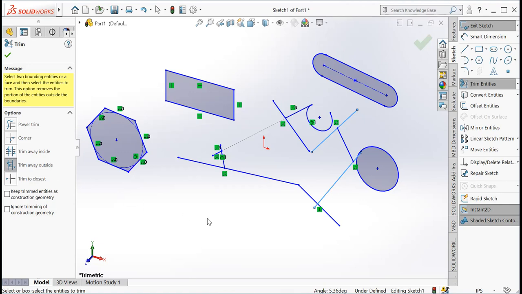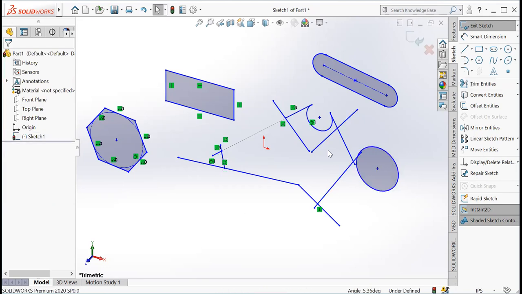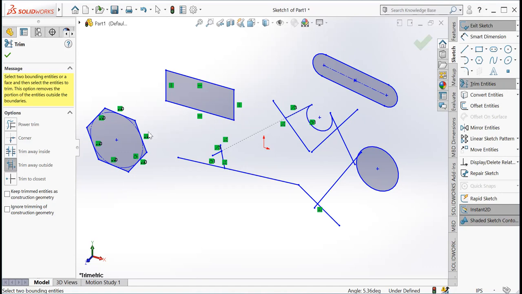Now I will undo this and you can see the next command, that is trim away inside. I will click on this command, then I will click this line and this line. In this you can see these two parallel lines, the lines which were inside have been deleted.